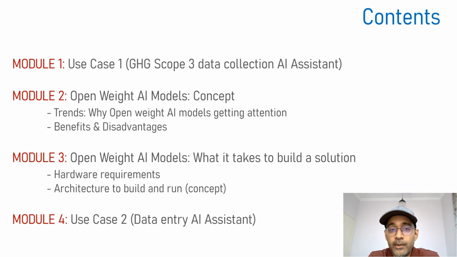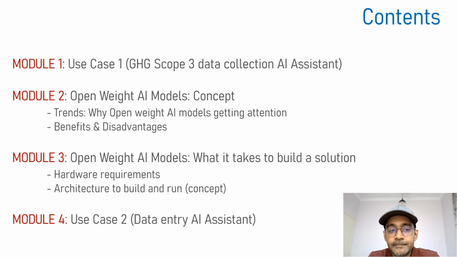We'll look into the first module. We'll start by looking into one use case example where there is a video demonstration on how an AI assistant is designed to work as a GHG Scope 3 data collection staff or agent. And then we'll go into module 2, which will look into the concepts of these free, open, or local AI models. We look into why they're trending now, some of the benefits and disadvantages of this type of